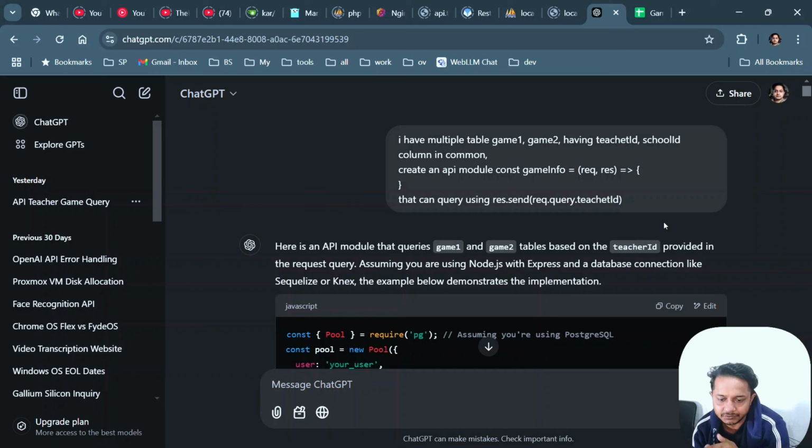But eventually when the project grew up and some of the requirements became much more complicated, it is necessary to deliver all those data from one data source. So it is now a requirement that I deliver an API and it is better to create a module. So I just asked ChatGPT to provide me a module which will be used in the API, and this will be the structure, and I should be able to query using teacher ID and school ID.